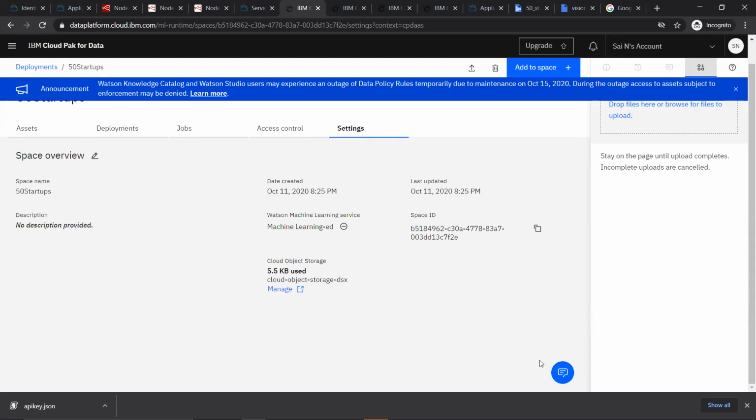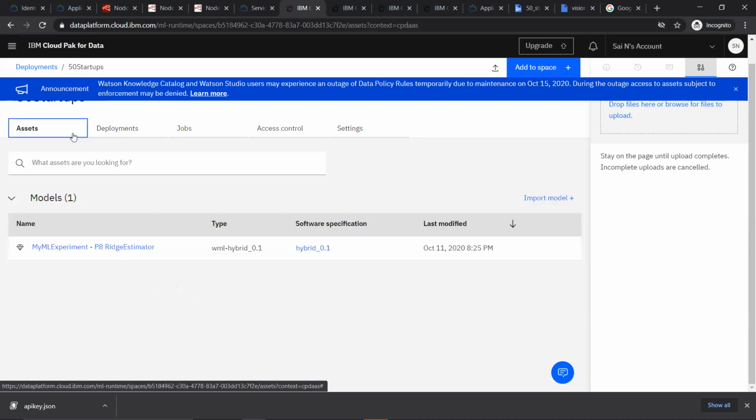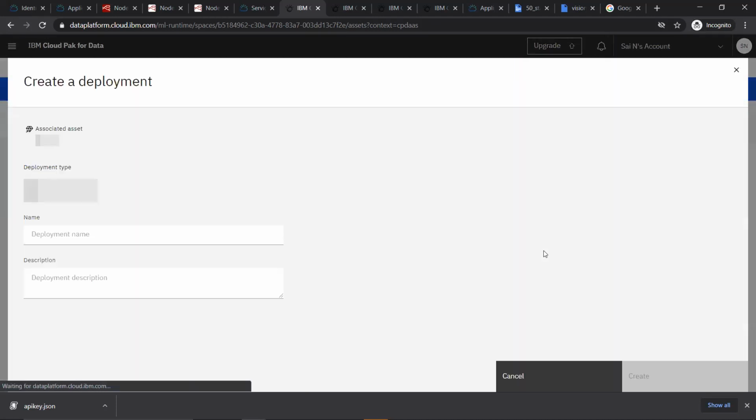Okay, so with this, what will happen? A machine learning service will get associated with your space. Once you have associated, now go back to your assets, hover and click on deploy.